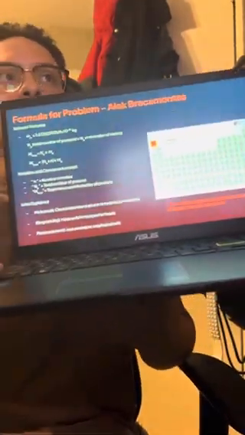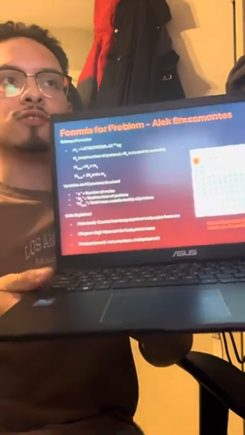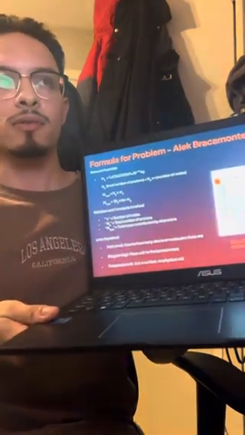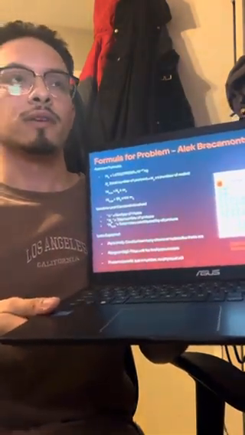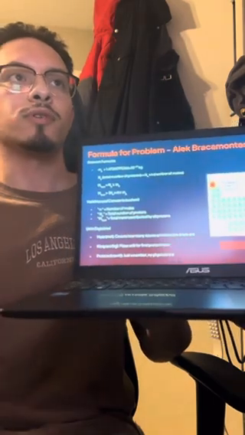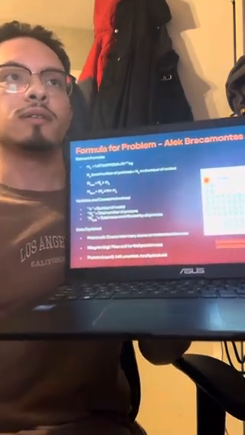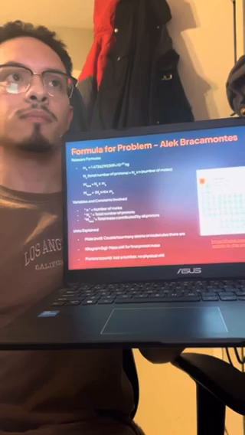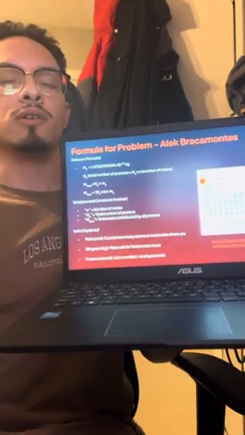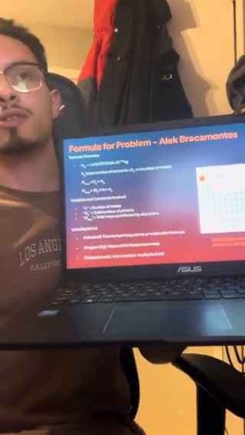Now, the formula for this problem. The relevant formulas that you're going to need, technically there's three, but you combine two to get a fourth one. So Mp equals 1.672 times 10 to the negative 27th kilograms. And then the total number of protons equals Na times n, which is the number of moles,